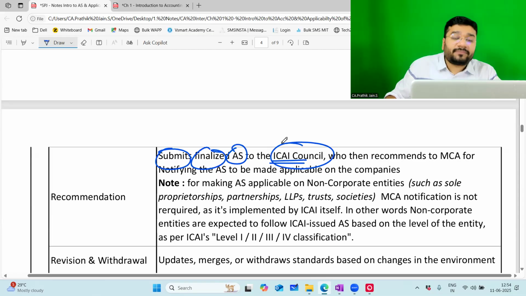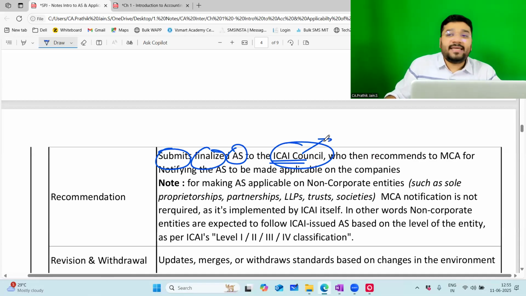What is ICAI Council? Once you become a CA, you will understand that once in every 2 years, if I'm not wrong, they have council elections. Council level means they are those people who can take major decision making on behalf of the CA institute. So there are a lot of people who compete for that position. Even from our state, we have so many people who are standing in the elections of the council body. Regional level, central level. I'm not talking about regional level, I'm talking about central council elections.